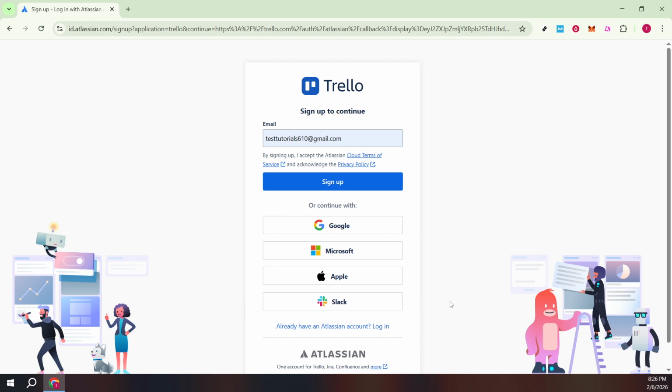Once you've completed the sign-up, you'll be taken back to Trello, where you're ready to explore boards, lists, and cards. That's all there is to it. Go to Trello.com, choose Sign Up, enter your email, and finish the prompts, or continue with Google,